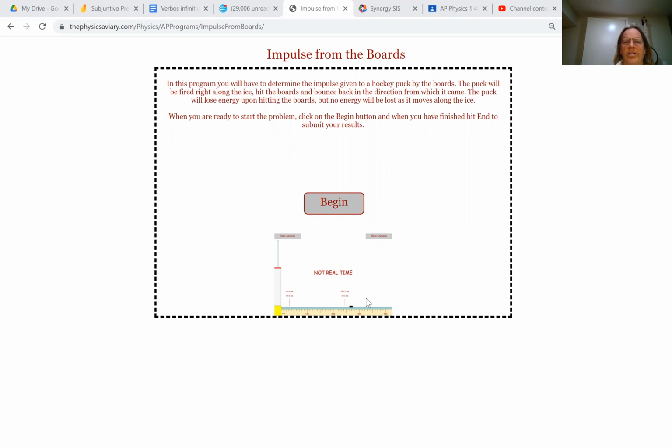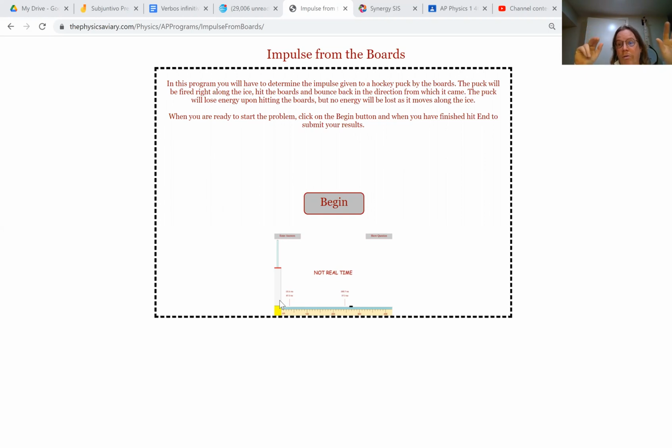It's going to hit the boards over here. That's Canadian for the wall of the hockey rink. Okay. It's going to bounce back from there. And you have to do two things. One, find the impulse on the puck, and two, how much force was acting on that puck from the boards,